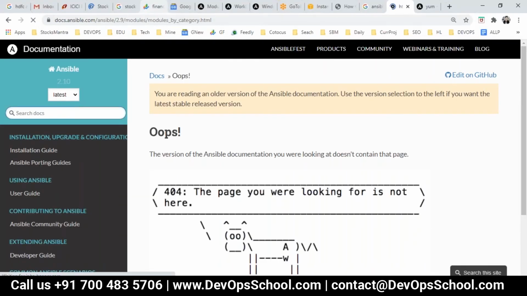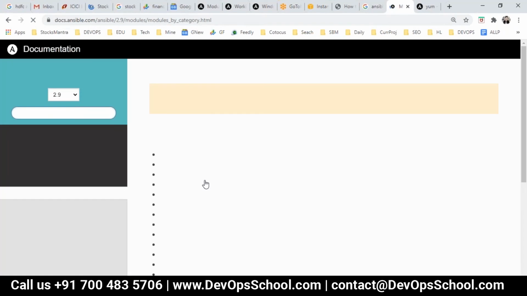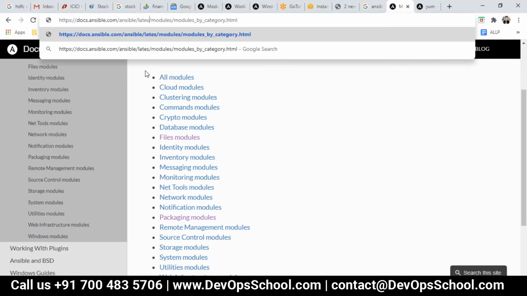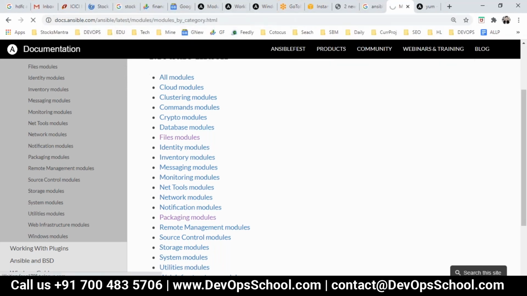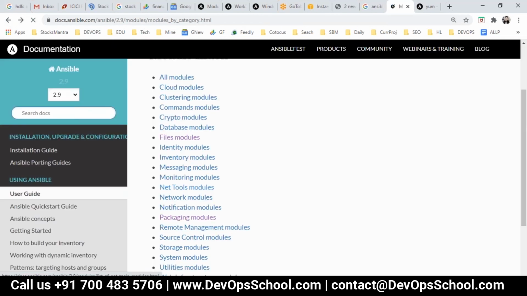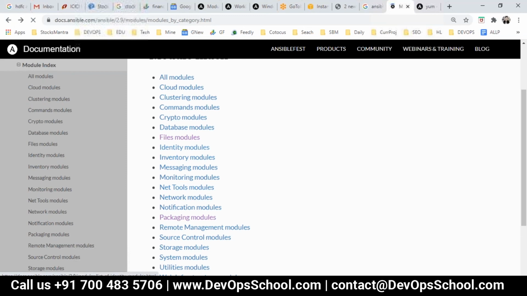See here, 2.9 is the URL, right? There's a URL problem. If you use latest, it should be there. Okay, maybe they have reworked this stuff, so I'll check it out later. Earlier it used to come. Anyways, so here is the package module.